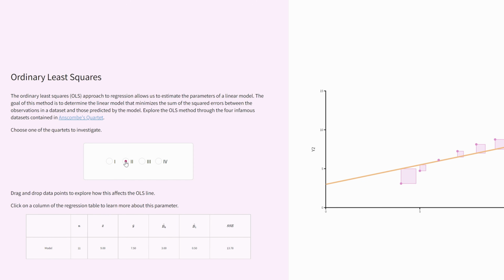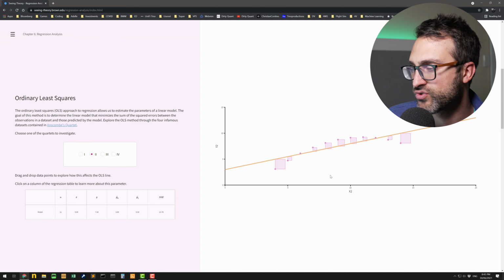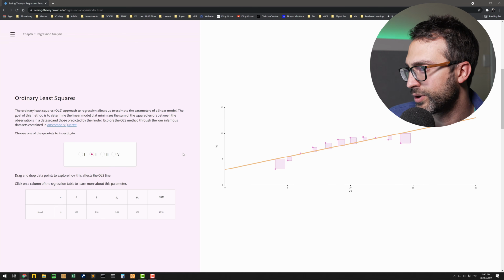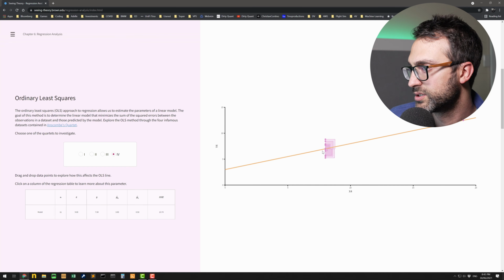Different data sets. Let's have a look. Oh, yeah. So that's clearly very non-linear. You can probably transform the data, and that's probably what I would do. This one here, okay, you've got that outlier. And number 4, everything's sitting on top of each other. So you can't really regress it. There's nothing really there to do.